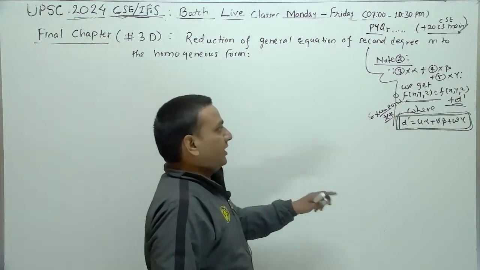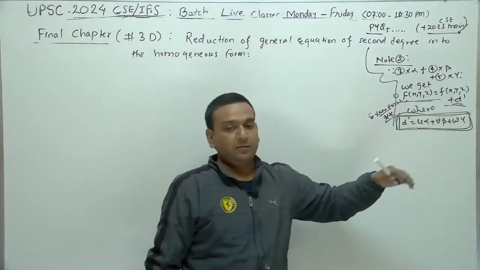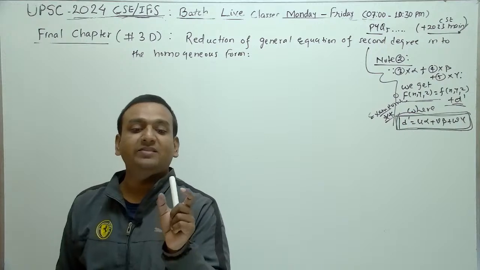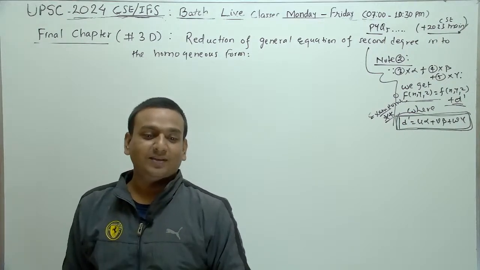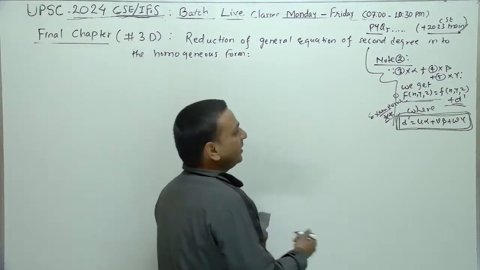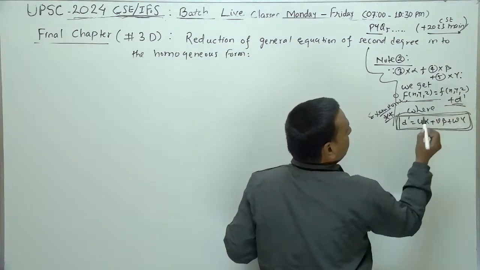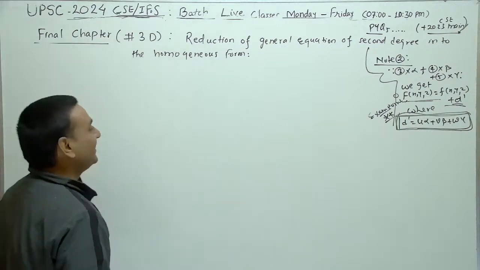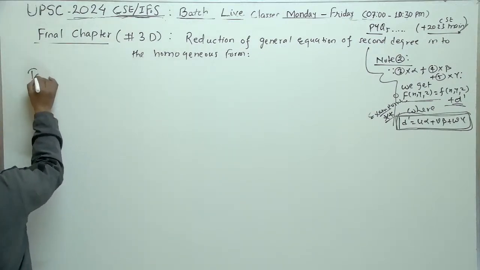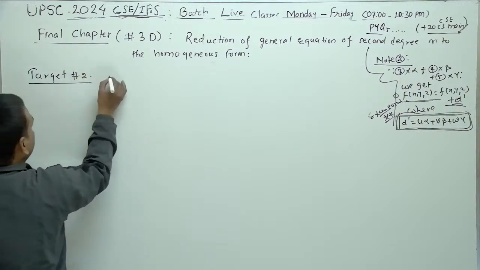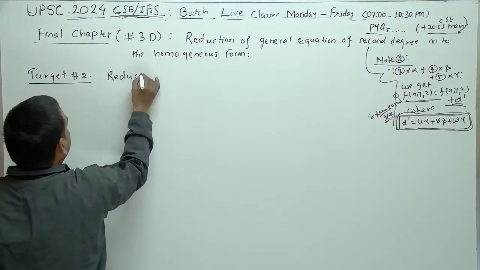So the first hurdle we have reached till here. Now the next hurdle is working with f of x, y, z. Are you getting my point? The next hurdle is if I am able to reduce, target number 2. Target number 2 is reducing